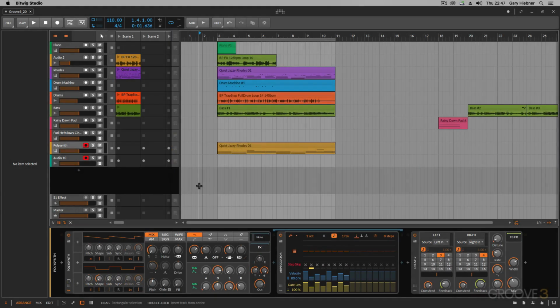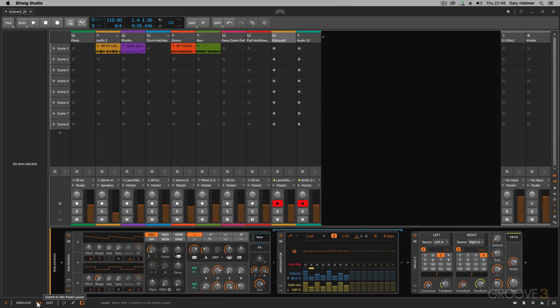So in the previous video, we've been exploring the MIDI instruments and ways to edit and manipulate the MIDI. Now let's move over to the mix view. You can get to the mix view by clicking the mix button here or the tab key, and that switches over to the mix view. But you might say that this is the clip launcher view, and that is correct. The clip launcher view and the mixer view are housed within this view,